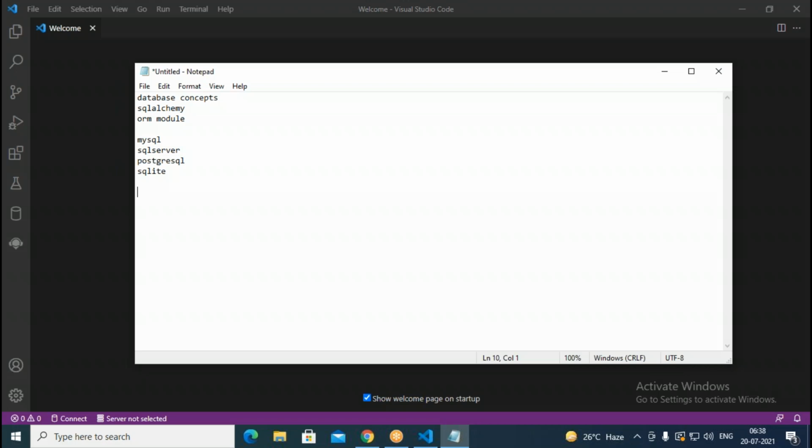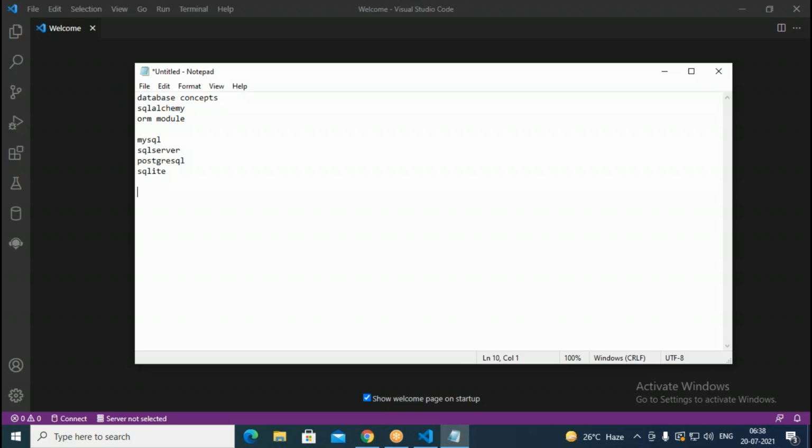So in order to work with MySQL, we need to install. First of all, we have to install SQLAlchemy. Then similarly, you have to import some other packages. But before that, you need to have the concerned tables in the database. Then you can work with the concerned database using SQLAlchemy or other kinds of packages.